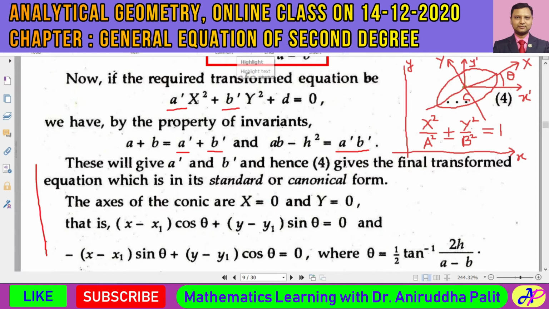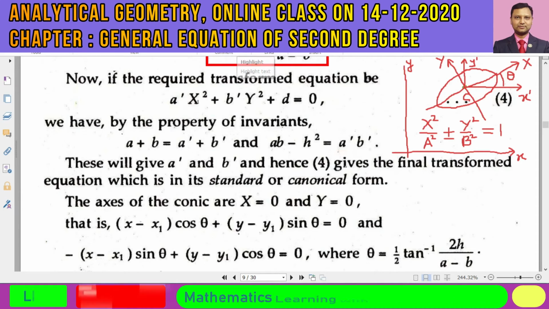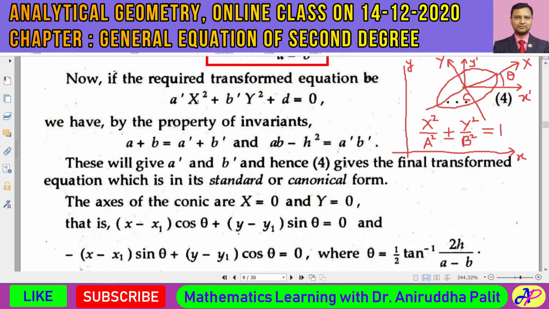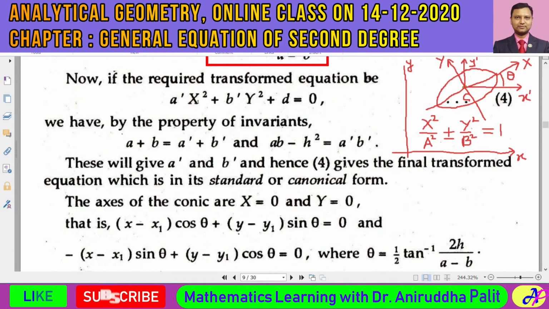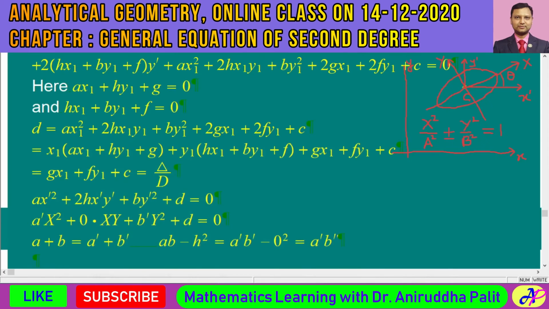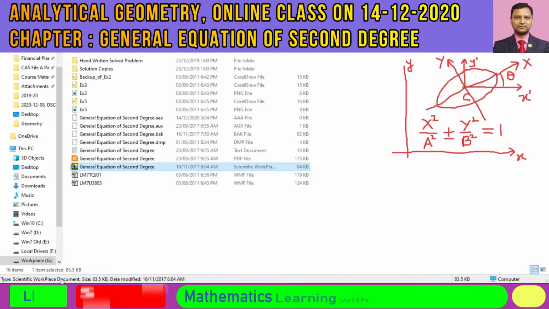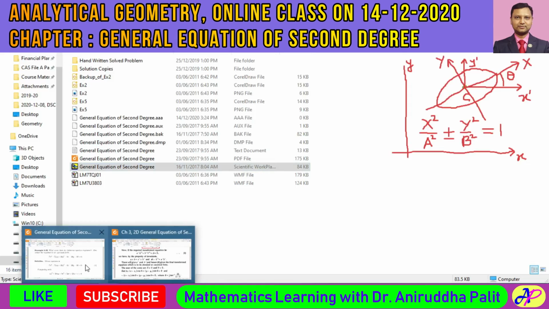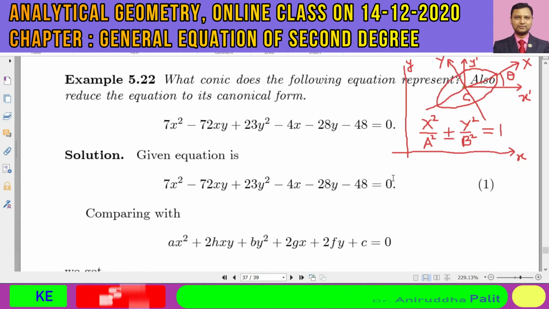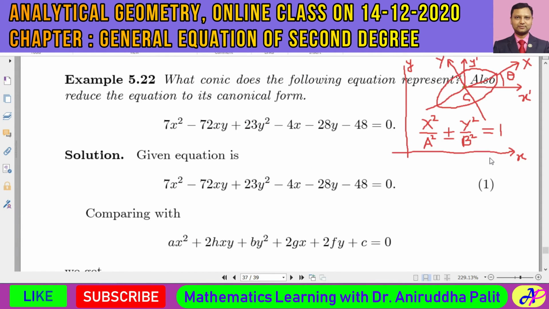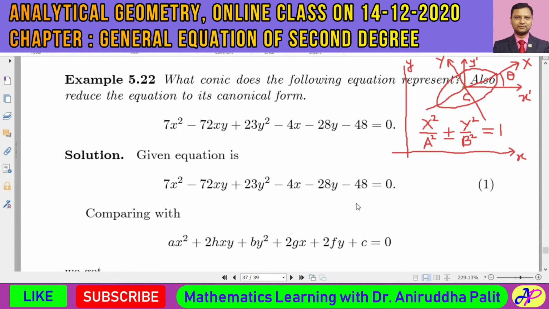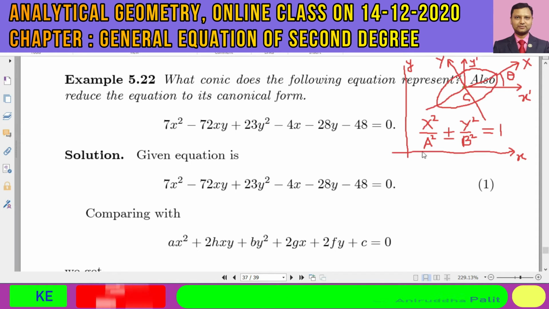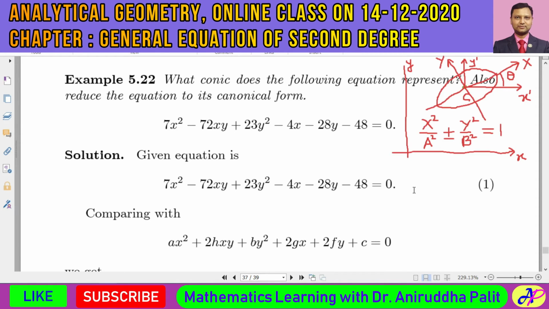It is better to express everything in numerical form so that it would be easy for you to understand. That's why let me discuss an example for you. Let me discuss this last example. I am keeping this picture over here. It would be easy for you to understand. I don't know whether it represents any ellipse or hyperbola. Maybe some hyperbola is there in this example.